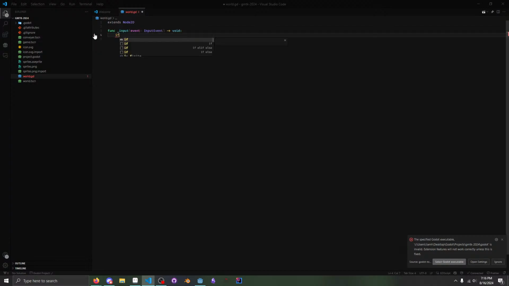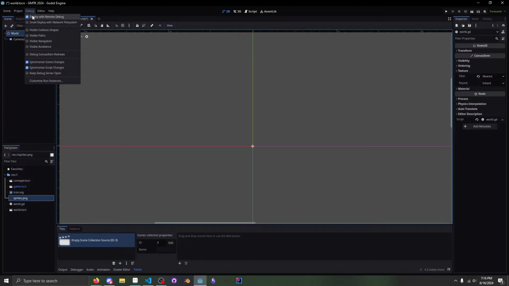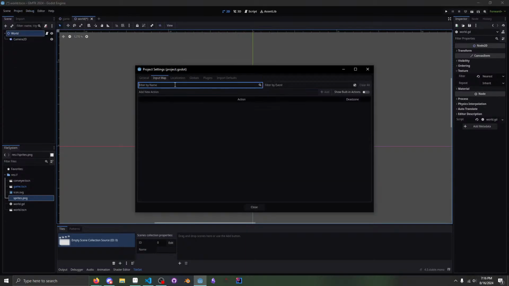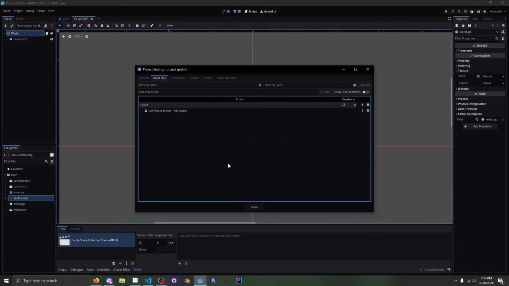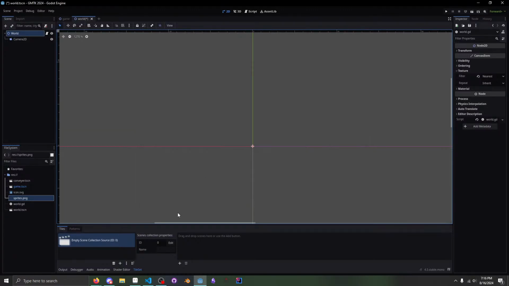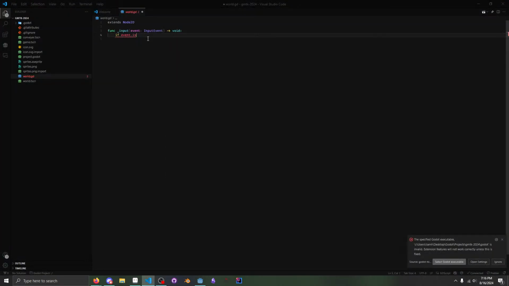Input event, if event is input... So I think that we can set up a mouse click if we do place, add key, and we make this a mouse button, left mouse button. Okay, and then we can just do that is action placed,